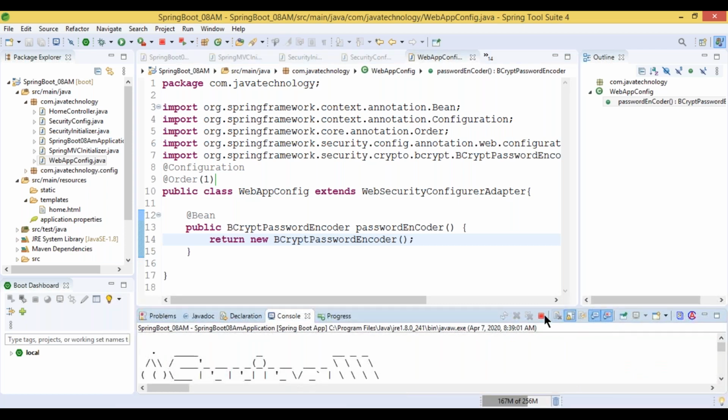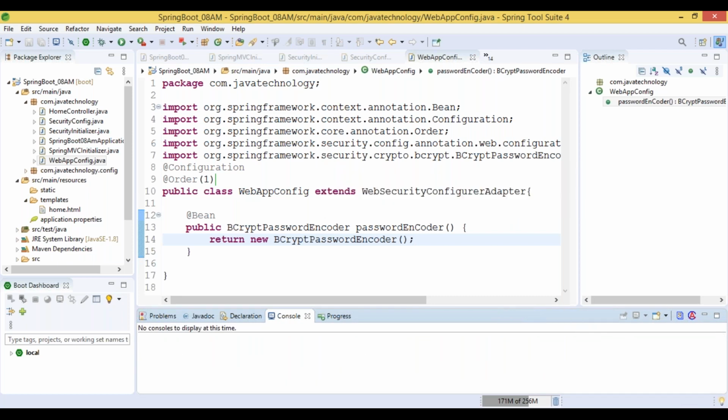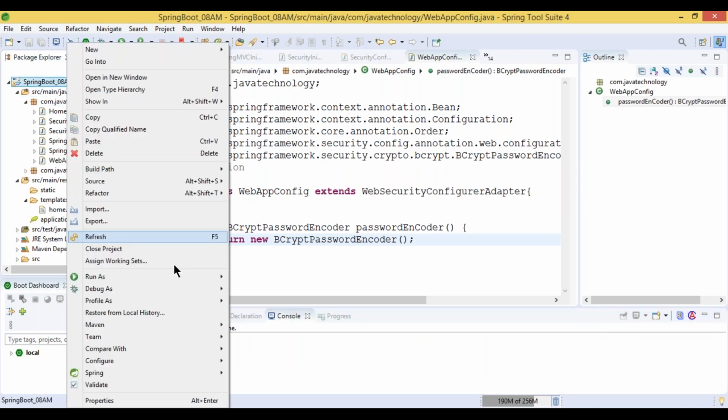No, because we got an exception. Okay. Run the same server.